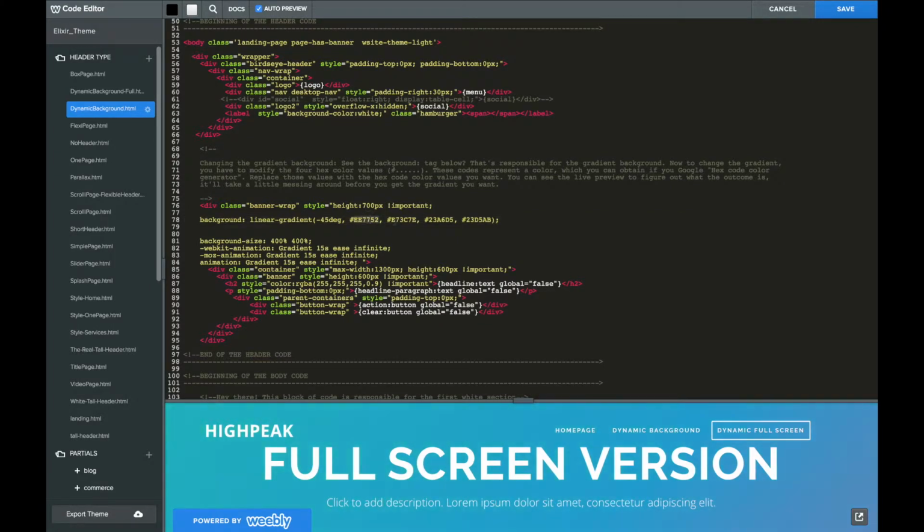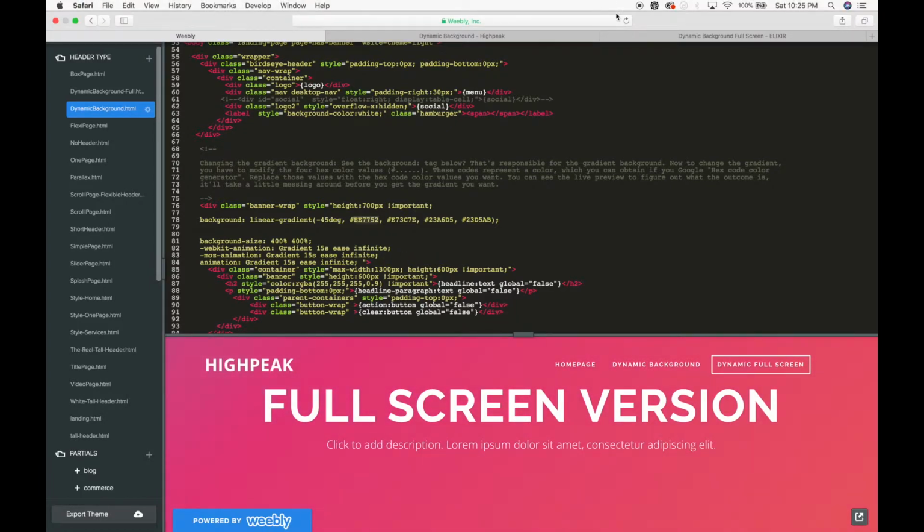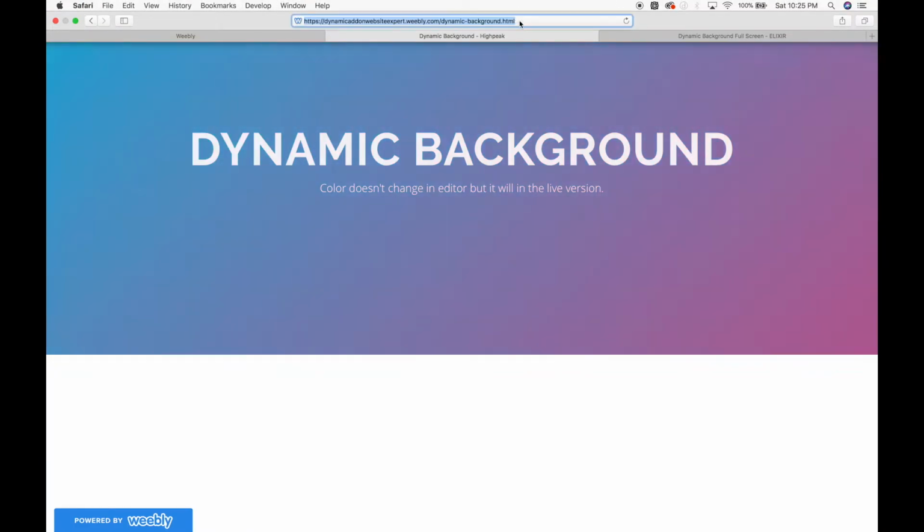Now, right in here, you'll see 4 of these codes. These codes that have a pound sign before them. These are hex codes. Many of you are familiar with them, and they represent the colors that are in the gradient. So it'll take a bit of experimenting, but essentially, if you Google hex code color generator,